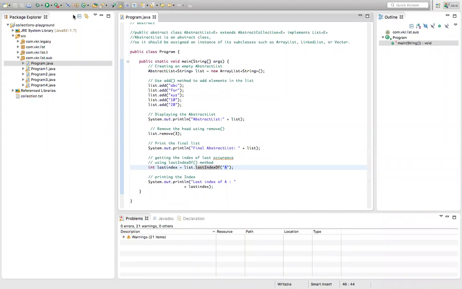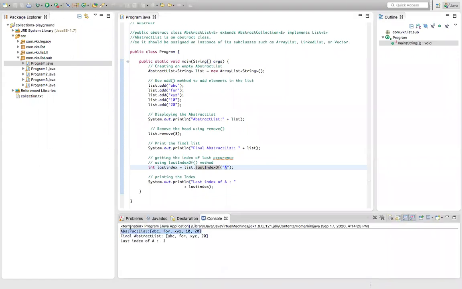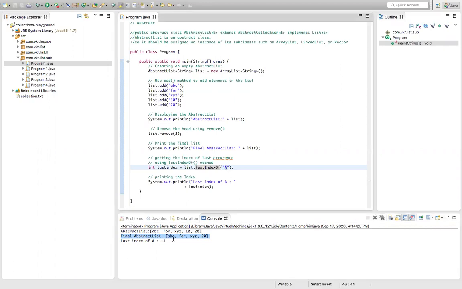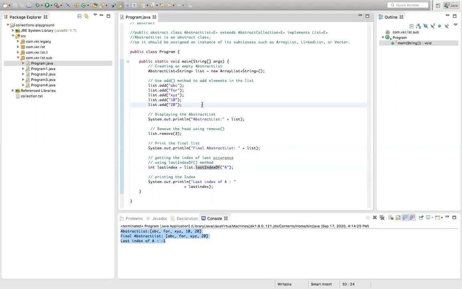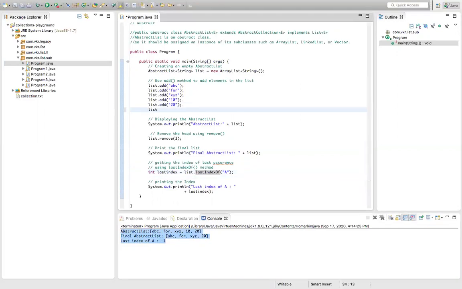This is just a normal program. First, after adding the elements, we got the output there: ABC, XYZ, 10 and 20. After removing the element, we got this one. And we are trying to find the index of the string. On the index also, we can find the last index. Now this element is not there, so we'll get the output of -1. It will return -1. Now here I will add list.add of